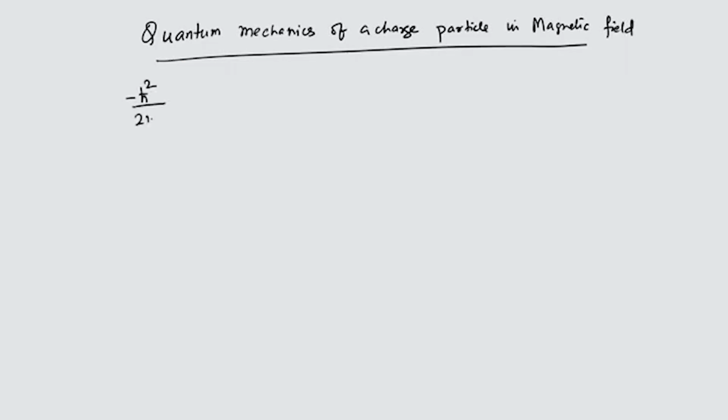It is minus h-bar squared by 2m del squared plus V of r, acting on psi, which is a function of r. This is the time independent Schrodinger equation, the equation that you need to solve,